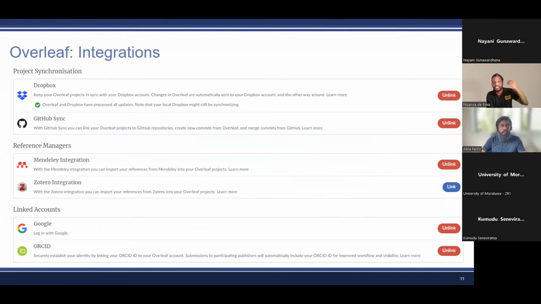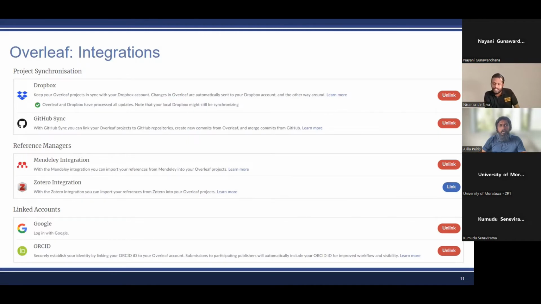So Dropbox, GitHub, and you might have had earlier talks about research where they are using Mendeley and Zotero. These can be plugged in to Overleaf, and also you can create the Google login. If you have a research profile on ORCID, you can plug that in as well.